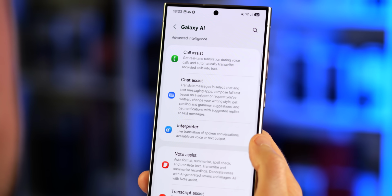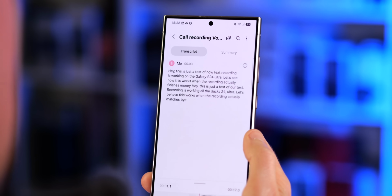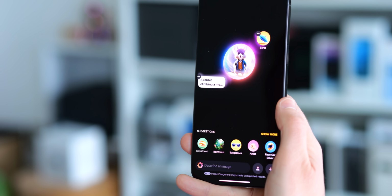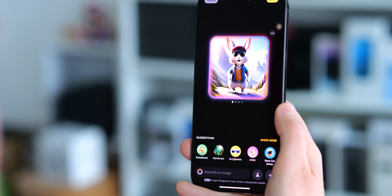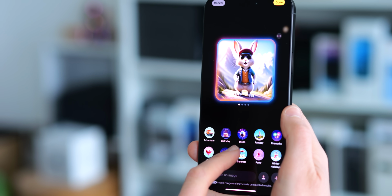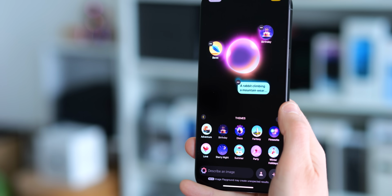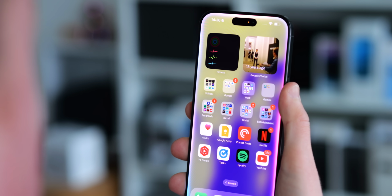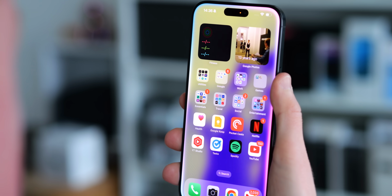Meanwhile, Samsung's had its Galaxy AI suite for a while, with a couple of new additions coming in One UI 7. I guess the biggest difference here in the approach to AI is that Samsung's are much more individual features, whereas Apple definitely has those, see Image Playground for example, but Apple's also trying to incorporate AI more into the core OS with features like AI notification summaries for example, and the upcoming ChatGPT integration into Siri and visual intelligence